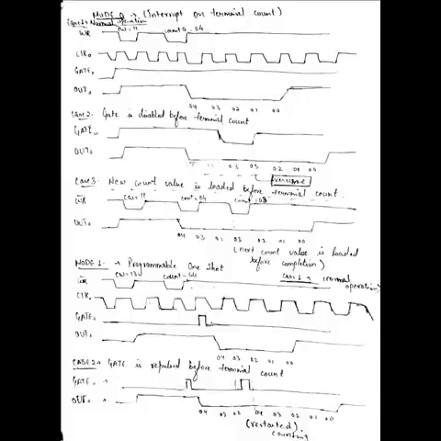As only one low pulse is generated during the entire count cycle, this mode is called rate generator or frequency divider. The divided output frequency is given by the following formula. Output frequency is equal to input clock frequency upon count value loaded. This mode is commonly used to generate a real-time clock interrupt. The output can be used as an interrupt signal to interrupt the processor during every output period of the counter.